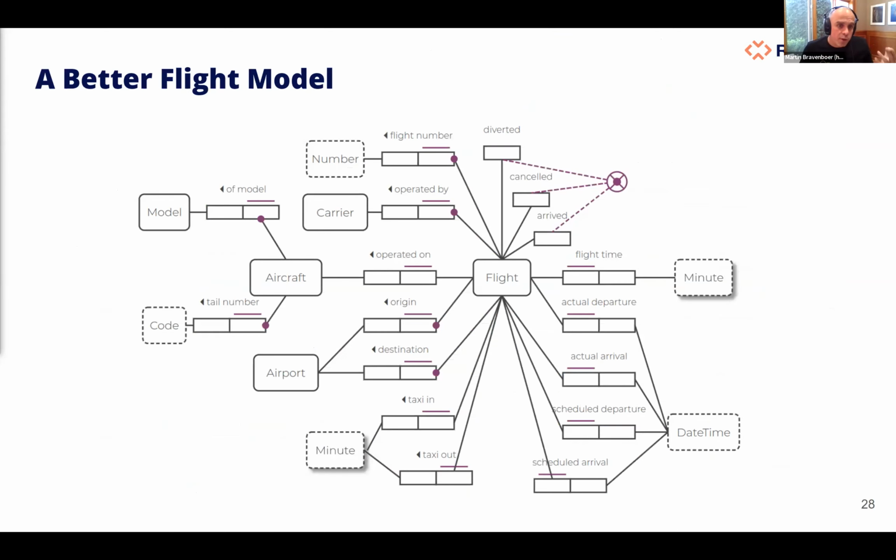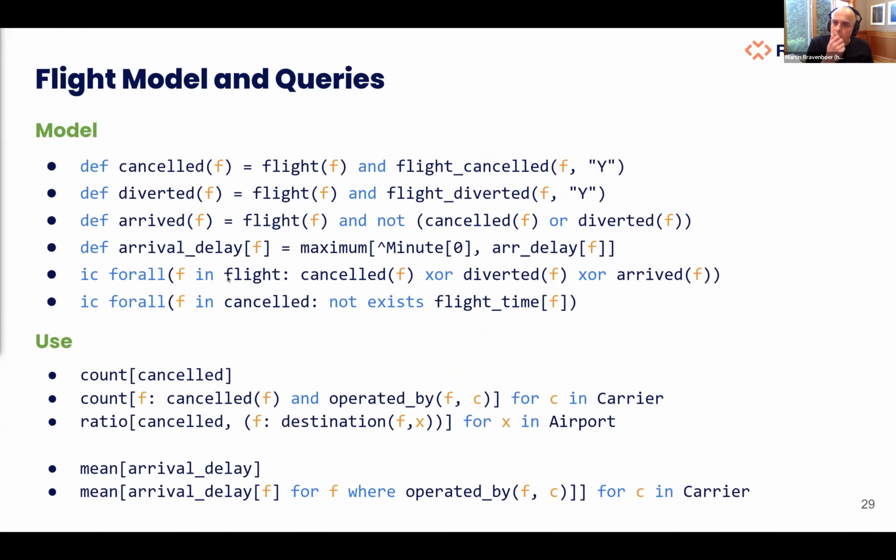So it would be much better to have a more precise model that really documents things conceptually and very clearly. Like, for example, a flight has a flight time, which is in minutes. A flight can be either diverted or canceled or arrived, but not all 3 of them. This means that these are mutually exclusive. We also indicate primary keys and functional dependencies in this model. I want to show you what it looks like in REL. So in REL, this can be written as follows.